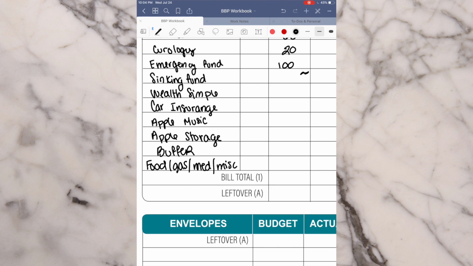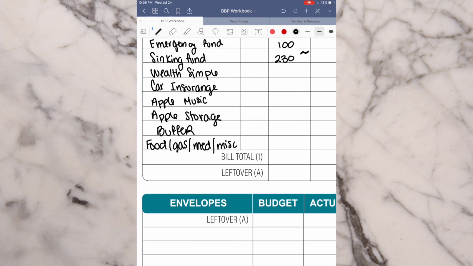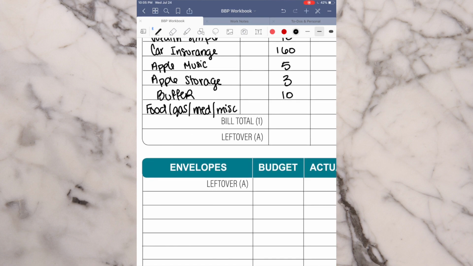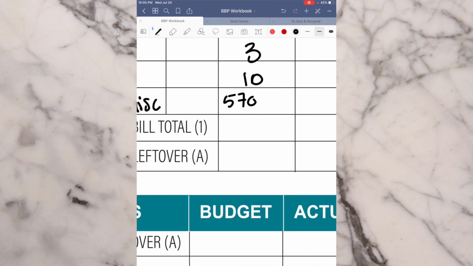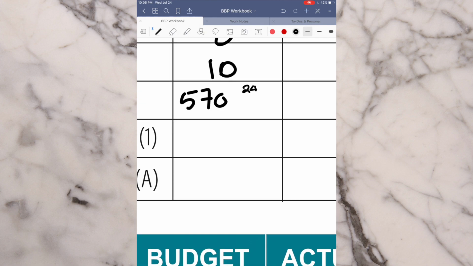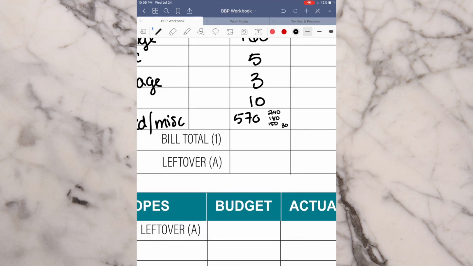This changes every month, but it's between like 200, let's put 230, around 230. So I spent 240 on food, 150 on gas, 150 on miscellaneous, and then 30 in like my doctor.